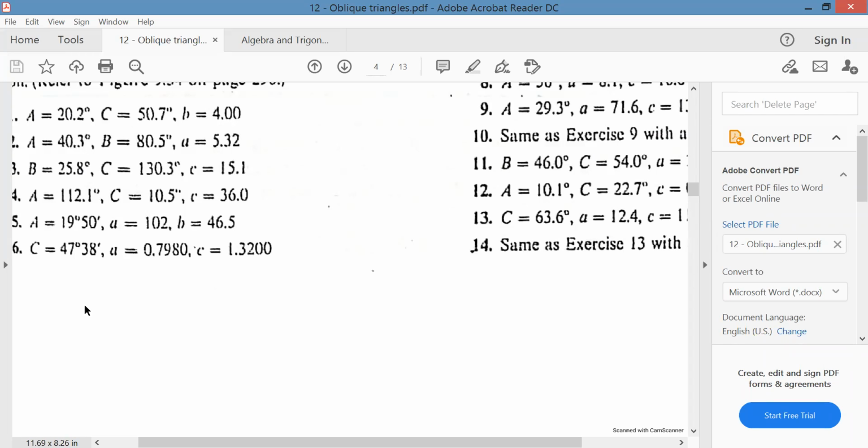A की वैल्यू आपके सामने क्या लिखी हुई है, 0.798 अपॉन साइन A. साइन ऑफ A आपको मालूम करना है, तो लेट साइन A